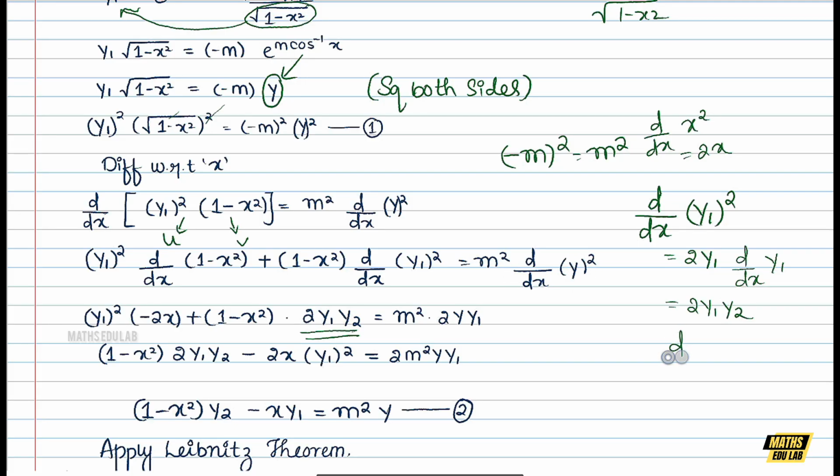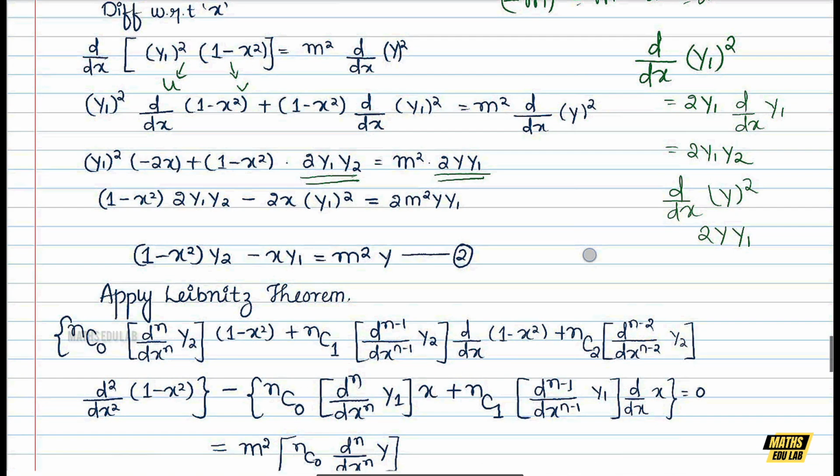So the derivative of y^2 is 2y, and the derivative of y is y1. So 2y into y1. Then multiplying the values and solving the derivative, we got this equation. Now we will arrange the values. That means (1 minus x^2) 2y1 y2 minus 2x (y1)^2 is equal to 2m^2 y